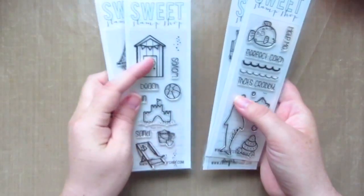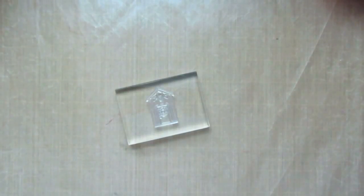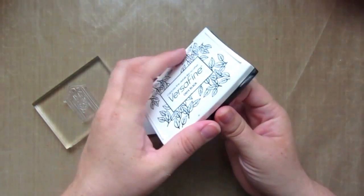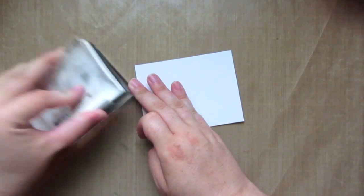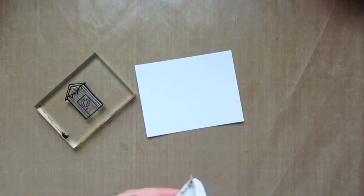So today though, we're going to be using the Beach Shack from Beach Bum and a sentiment from Sail Away. So I've got those mounted on some acrylic blocks here, and I'm going to be doing some watercoloring with distress markers. So I'm going to be using VersaFine Onyx Black. You want to use any ink that is not water-based. You don't want to use your Tuxedo Memento, for example, because that would smear with your watercoloring. So I'm going to get that inked up,